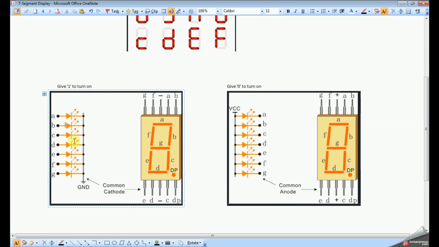Common cathode means all grounds of internal LEDs connected to a single ground as shown here. And the display terminals are given as A, B, C, D, E, F, G.